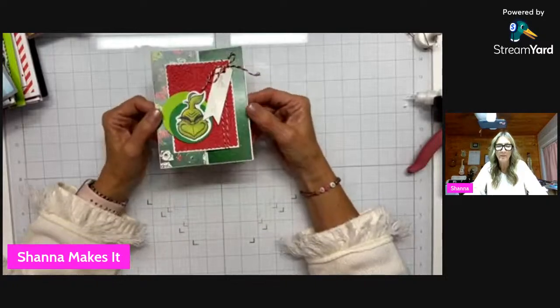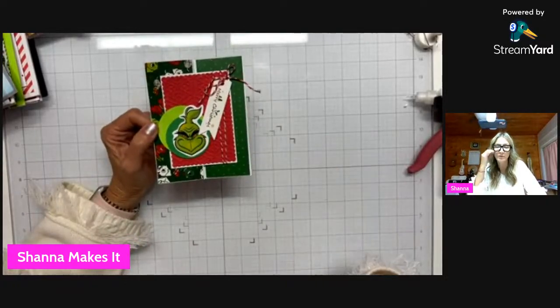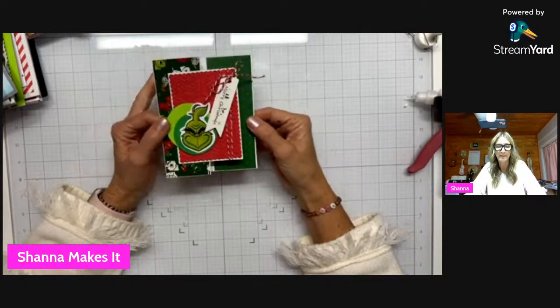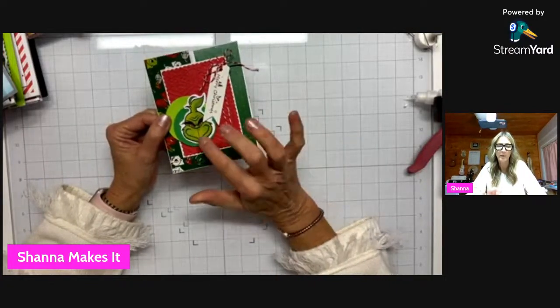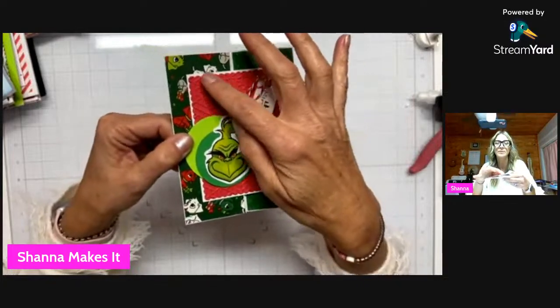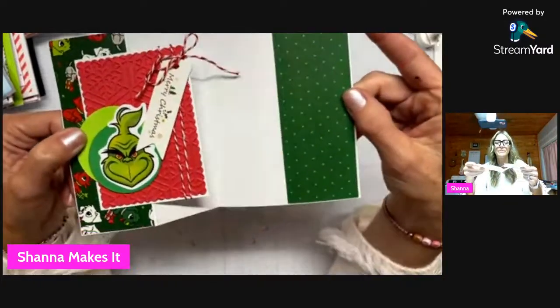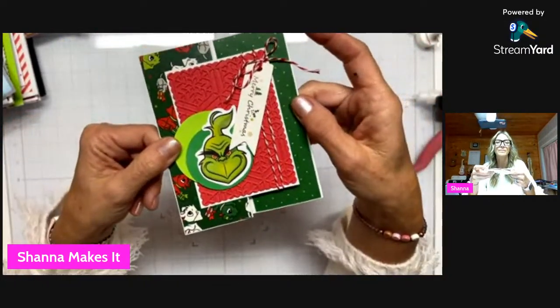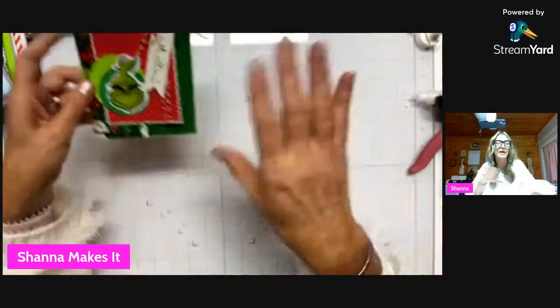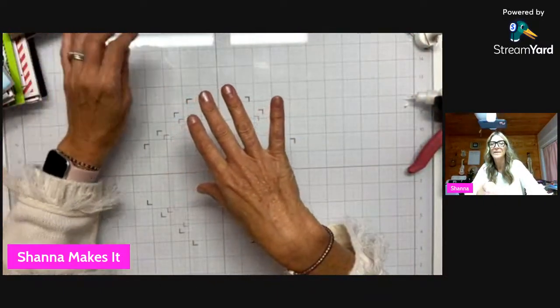Okay, now here's another one I made with that mystery kit that Kendra sent to me, and it's a mixture of products. Like I said, the Cat Scrappiness paper and then the stickers and the tag, I don't know where it came from. And then I just used a Spellbinders embossing folder to do that. And I just made a fancy fold with that and put the tag on there. Super cute. So I've got a real wide variety of,